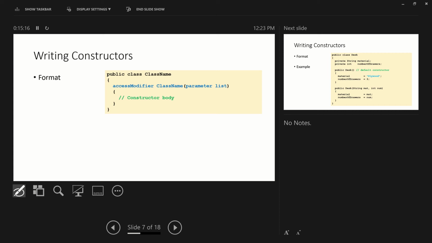So, this is a format to create a constructor. Okay? First, for a constructor, you have to have an access modifier. Between them, nothing. Okay, you don't have to return anything, and you don't have to use void. The only thing you need to do is the access modifier and the class name, which is the same as the